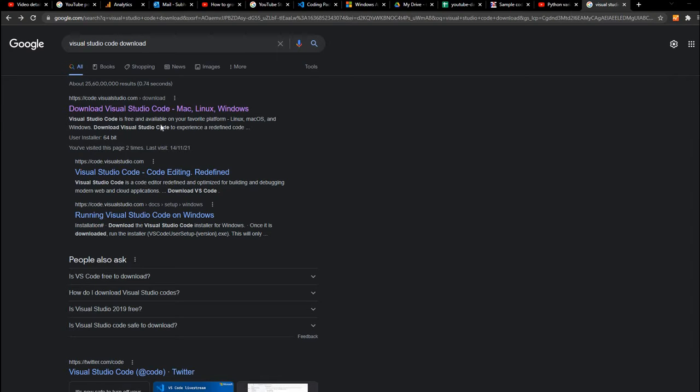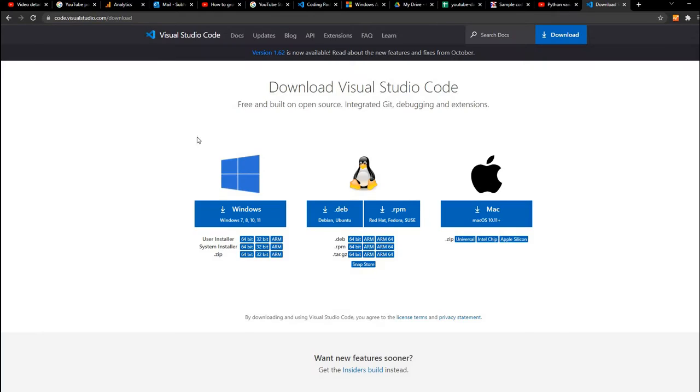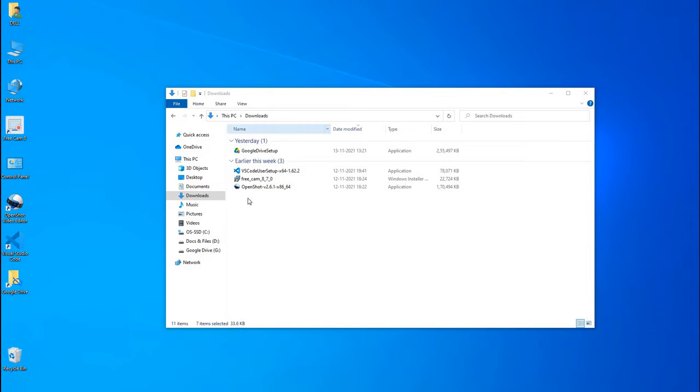Search for Visual Studio Code download, click here, and download whatever matches your platform. Here we are, we have downloaded all our requirements. You can see what I have downloaded for this, including Google Drive. We'll see shortly why I am using this.